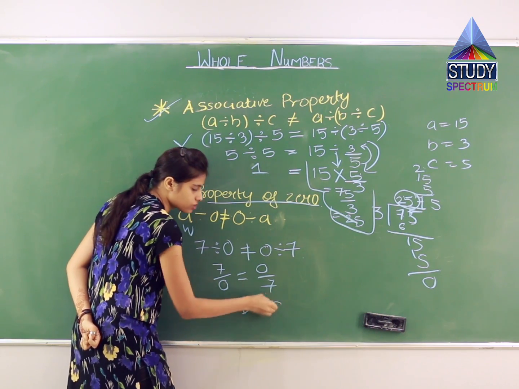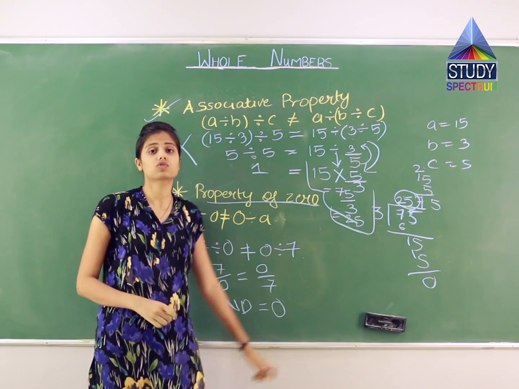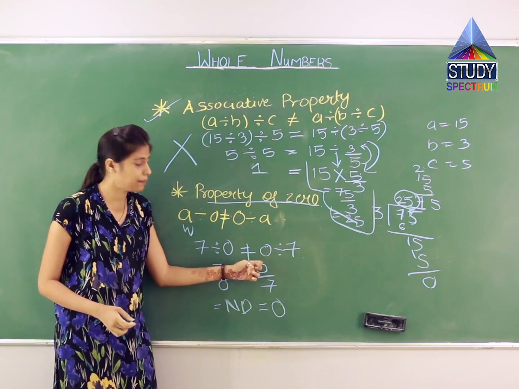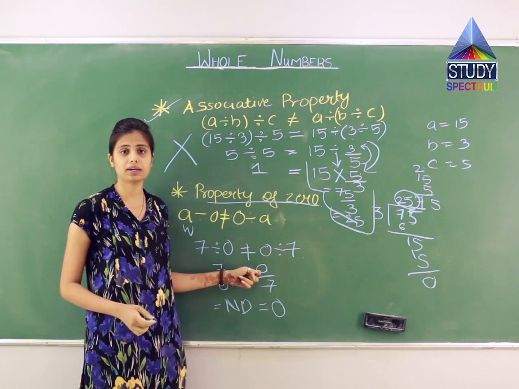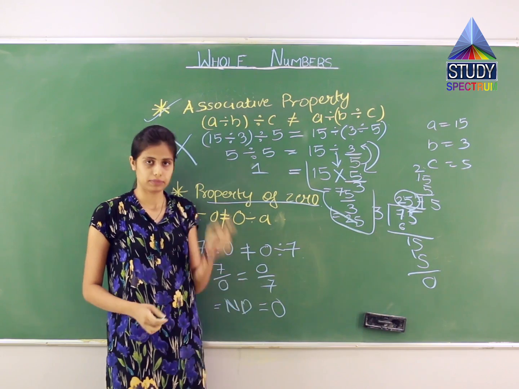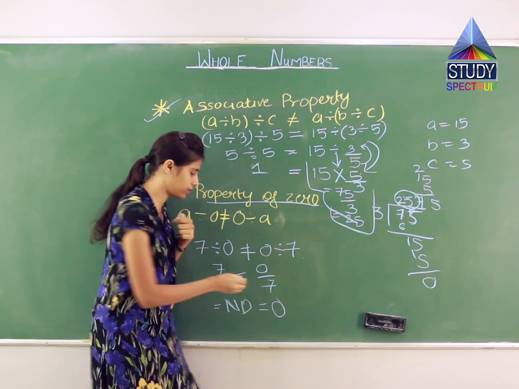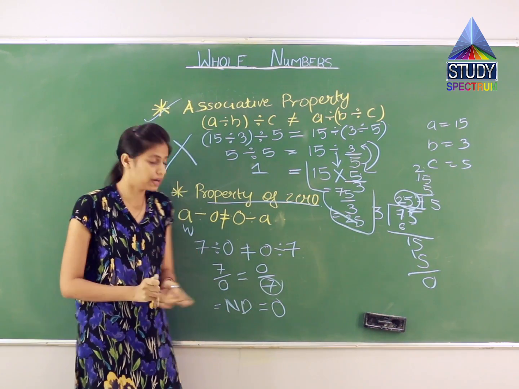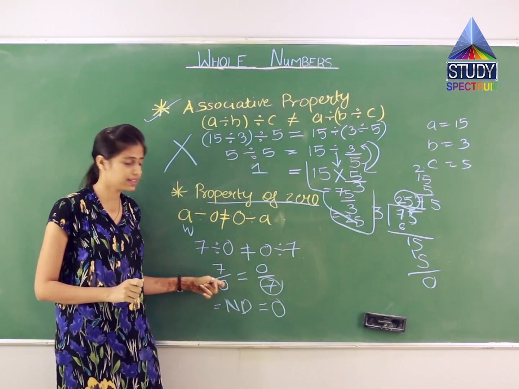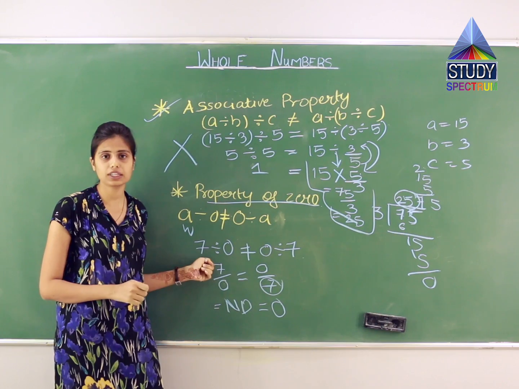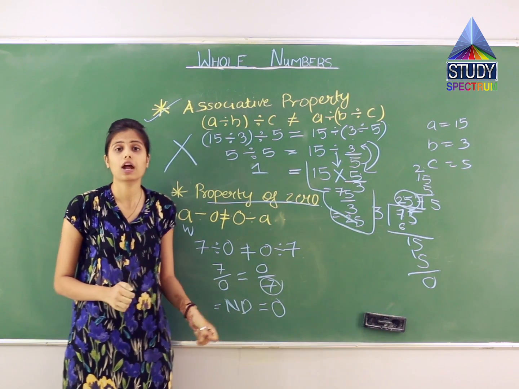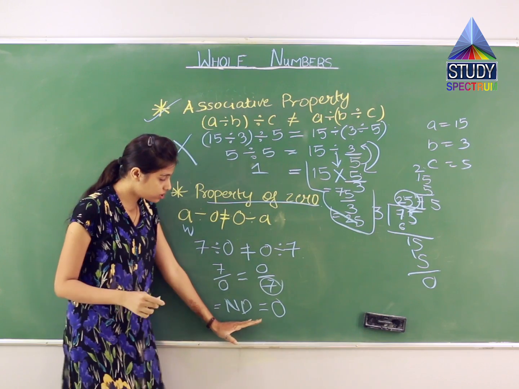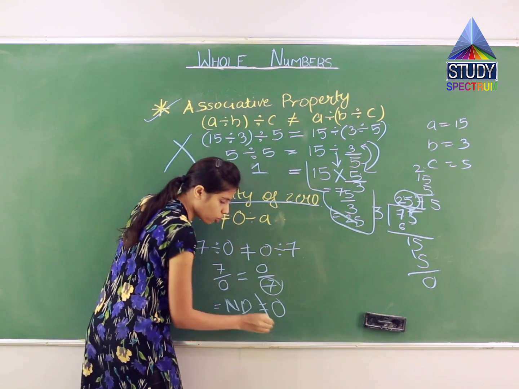And the answer for this will be what? 0. Means what? 0 cannot be in the denominator. 0 can be in the numerator. अगर 0 numerator में है और उसके नीचे division के नीचे, like over here, if there is any whole number, the answer will be 0. But if the 0 is in the denominator and there is any whole number or natural number in the numerator, the answer will be not defined because it is not yet defined. So this property means not defined is not equal to 0.